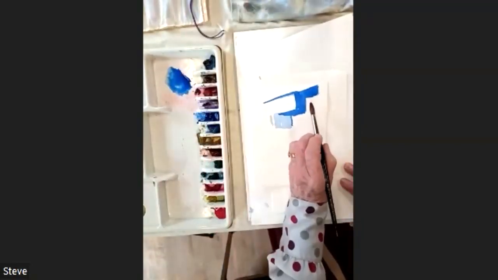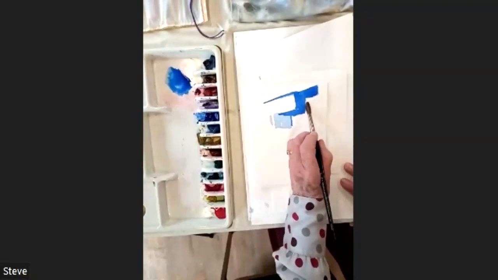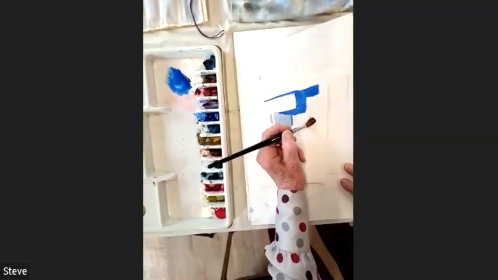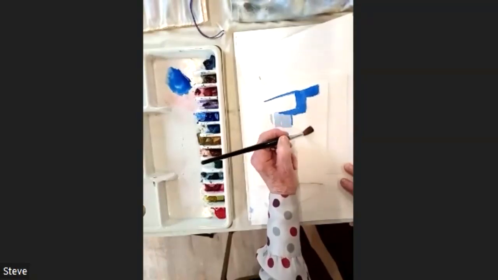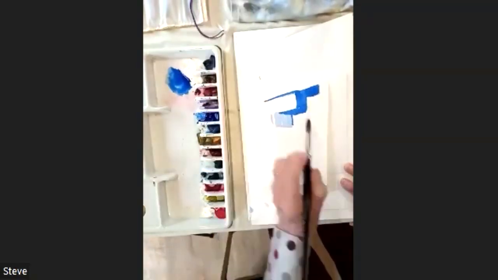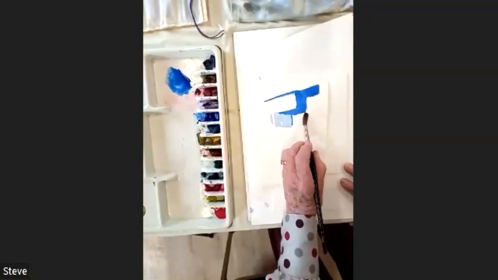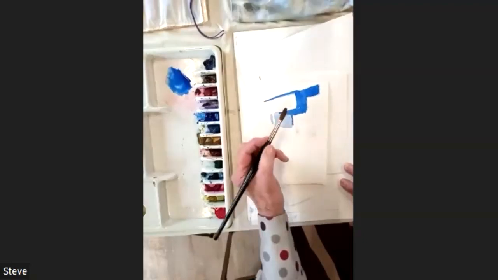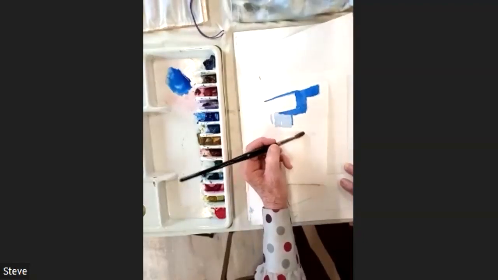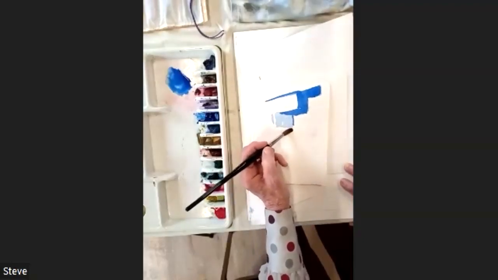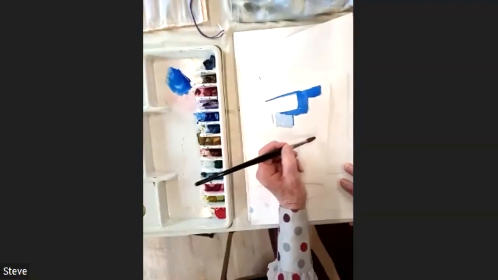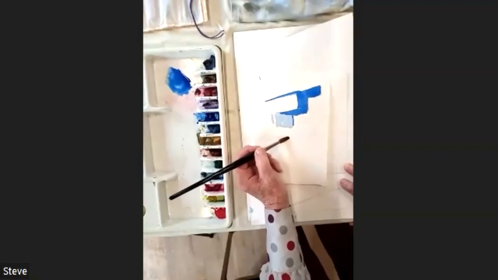Right, so it starts about there. It comes, see, I'm using the side of the brush, comes down here. I don't want it sodden, I just want it damp-ish. Again, I'm using the whole of the brush, I'm not drawing. And then it comes to about there. And that is the top of it. Okay, then